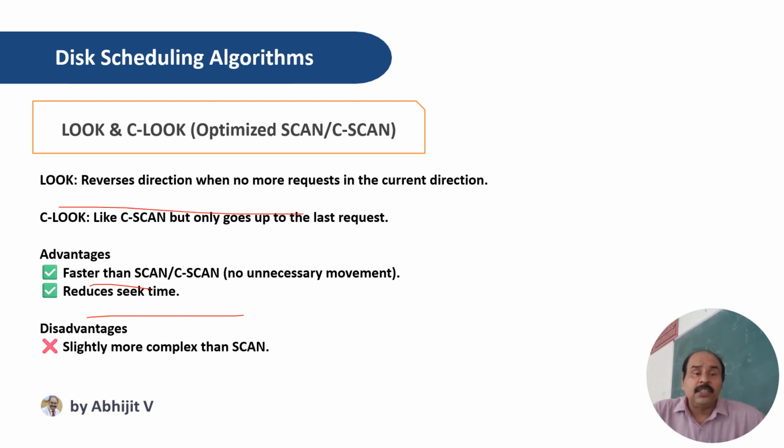This reverses the direction when no more requests are there in the current direction. So it is a combination of elevator scan and the circular scan. Okay. This is a combination of elevator scan and the